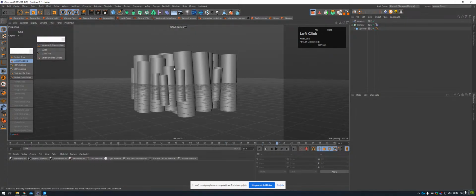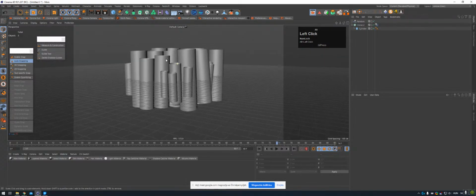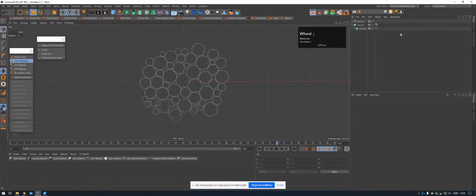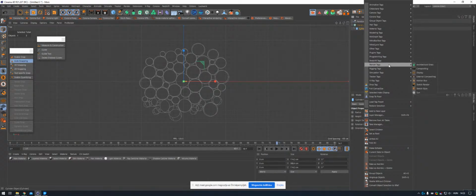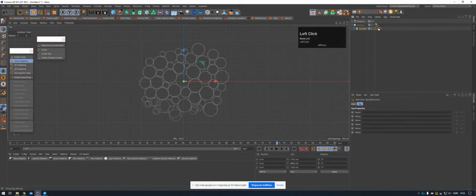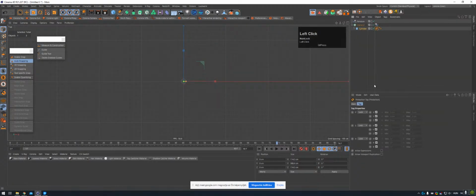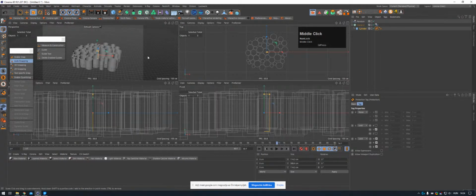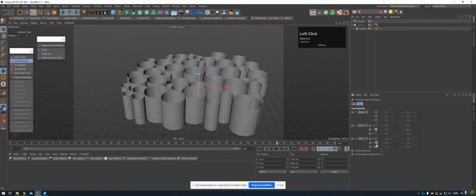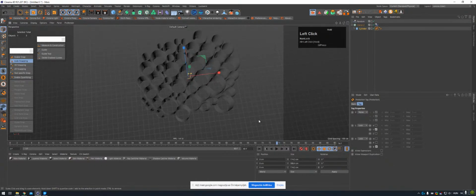But I need to fix the Y axis, and I don't want to scale on the Y axis. So I need to set up a restriction tag. And I don't know where it is, because here it is, restriction, no, protection, sorry. And I want to protect the position, the Y scale, and the pitch. No, the banking. Only the banking. This is how it looks. So when I run the animation,